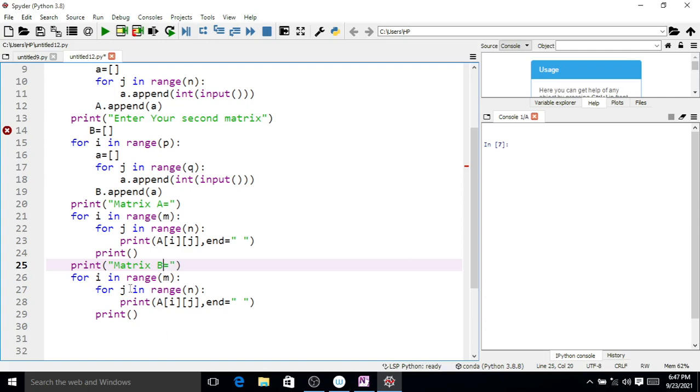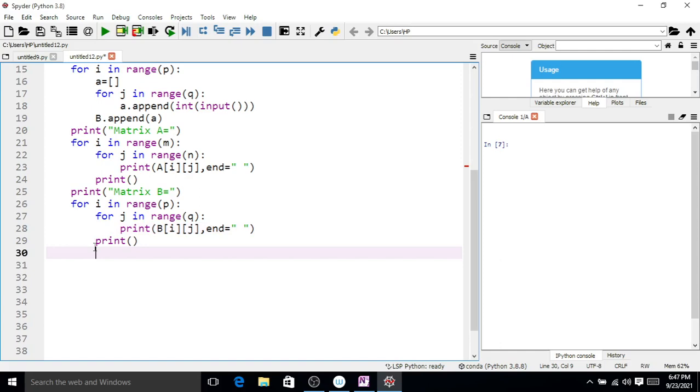Again instead of m and n, p indicates the number of rows and q indicates the number of columns of the second matrix, and instead of A here put B[i][j], and after each row display a new line. So again if we run this,